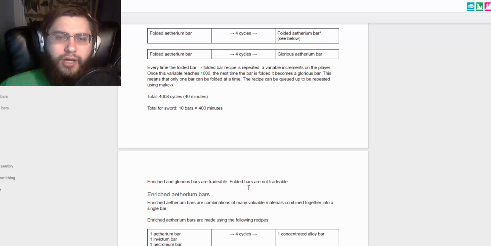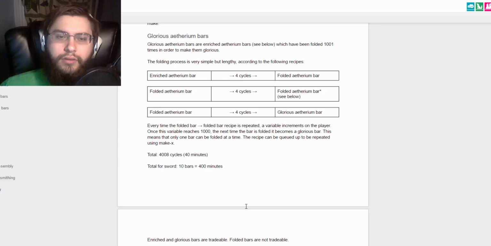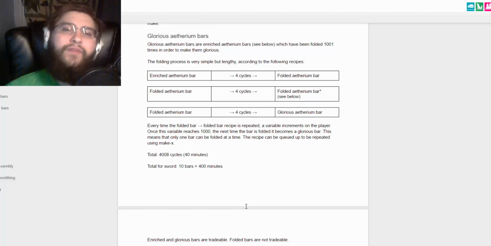Enriched and glorious bars are tradable. Well, there you go. Folded bars are not tradable. Hold on a second. Enriched and glorious are tradable. So you're going to have someone with enriched Ethereum bars. They're going to go through the cycle. They're going to make a bar every 40 minutes. And those glorious bars are going to be...